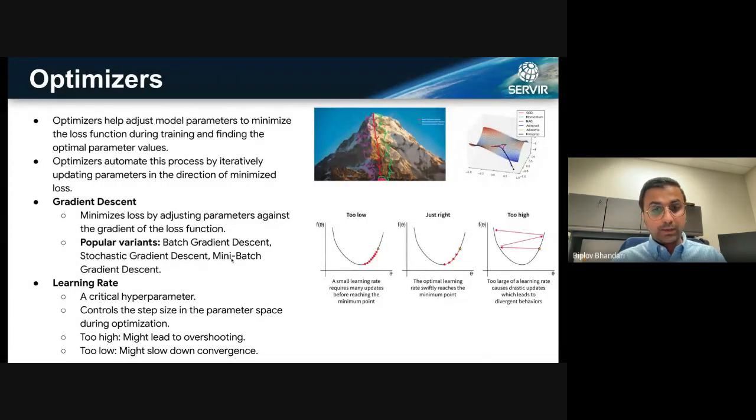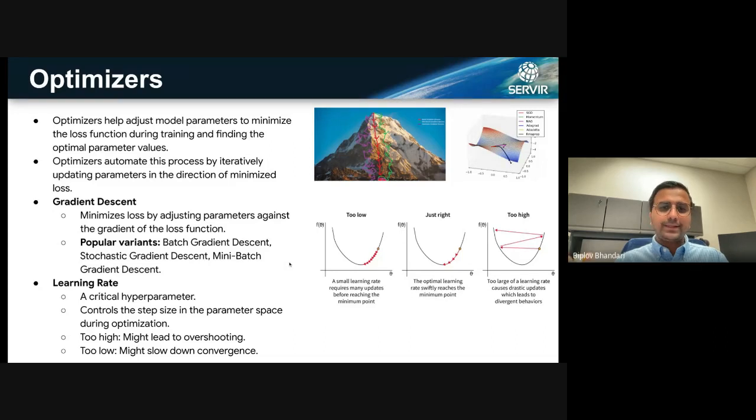This is where mini batch gradient descent comes in. It's somewhere in between batch gradient descent and stochastic gradient descent, where you take a batch of data, pass it through the network, calculate the loss, and back propagate it through the network. This also helps if you have millions and billions of data points, because you're only training on some specific batch. You can run that, so you don't have to worry about those kinds of things.